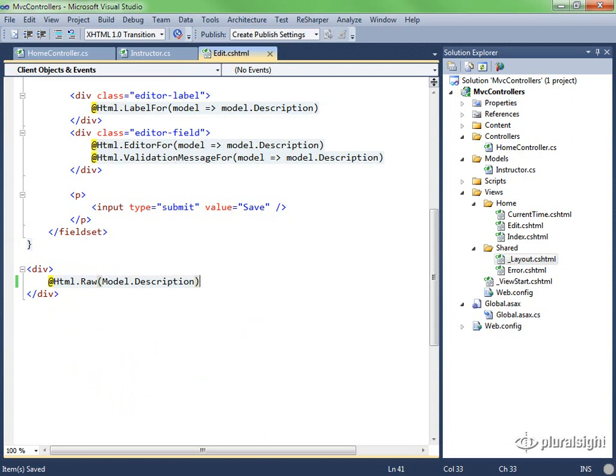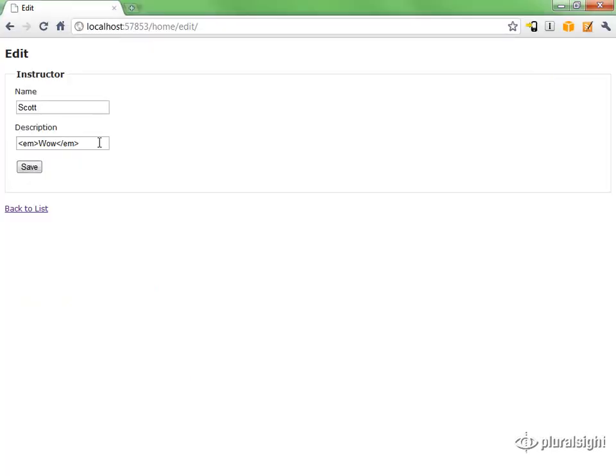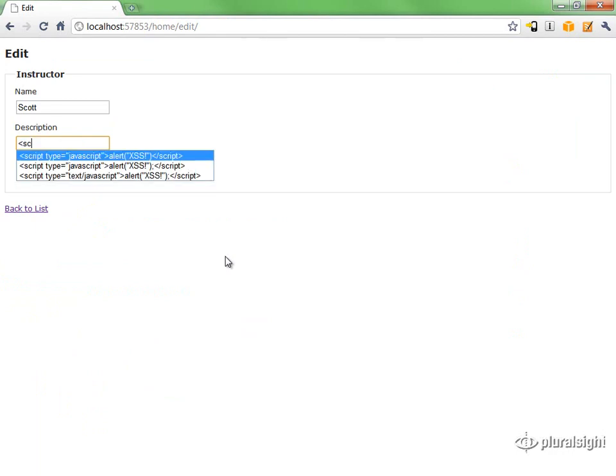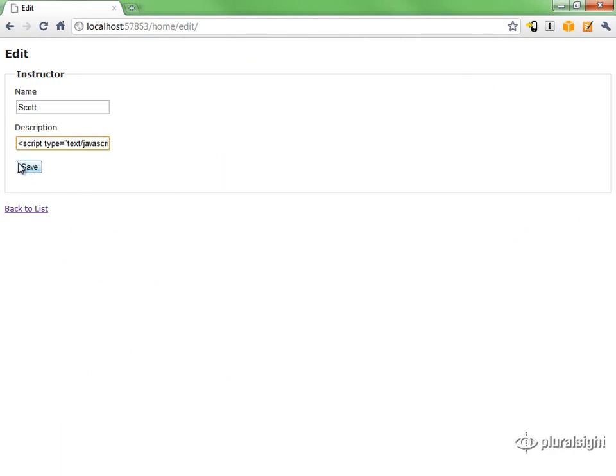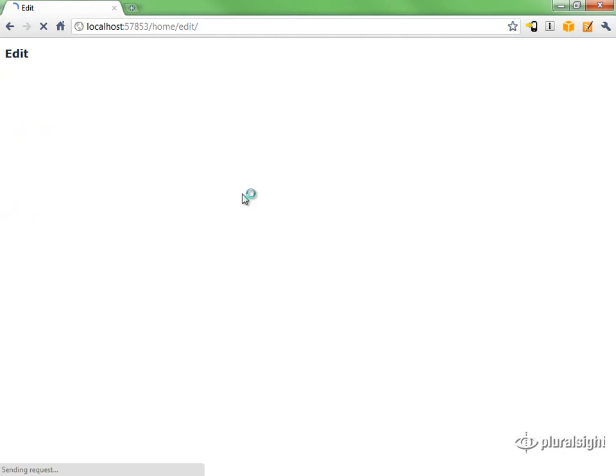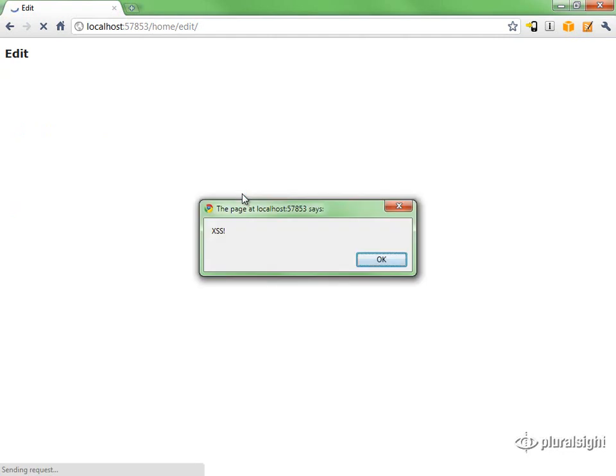I'll save that view, come back out to the browser, and now I'll say that Scott's description is actually script type equals text/javascript alert XSS. That's my description. I'm going to save that. And I've just added JavaScript into someone's database that will pop up an alert box, but it could be much worse. I could be adding that JavaScript